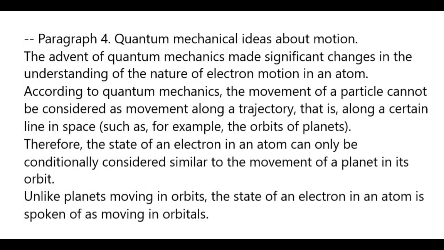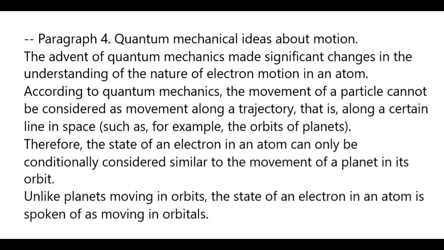Paragraph 4. Quantum mechanical ideas about motion. The advent of quantum mechanics made significant changes in the understanding of the nature of electron motion in an atom. According to quantum mechanics, the movement of a particle cannot be considered as movement along a trajectory, that is, along a certain line in space, such as, for example, the orbits of planets. Therefore, the state of an electron in an atom can only be conditionally considered similar to the movement of a